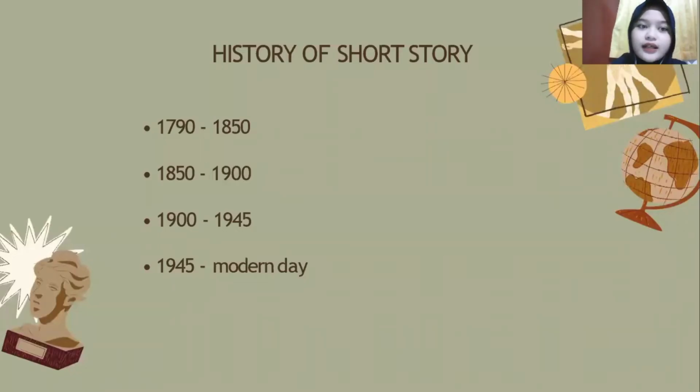Okay, the next one is history of short story. There are 4 steps in total. The first one is 1790 to 1850. The second one is 1850 to 1900. The third one is 1900 to 1945, and the last one is 1945 to modern day. So in